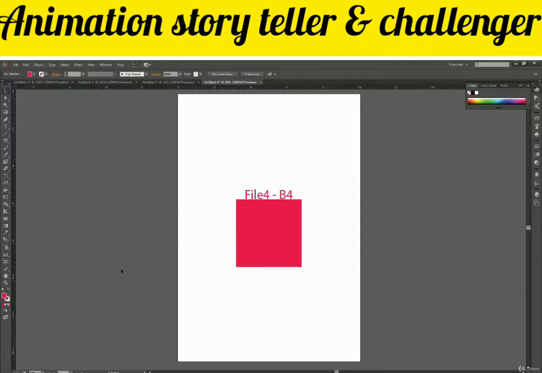Having understood rulers, guides, dragging guides onto your document, and the unit of your document, we'll move on to the next thing, which is called the panel bar. We haven't covered it yesterday. I intentionally left it out. I covered it while recording, but during editing I decided to cut it out because I think there was too much going on in a single video, and I didn't want to load you with so much stuff. So I intentionally cut that part, and I'm going to cover it in this video.